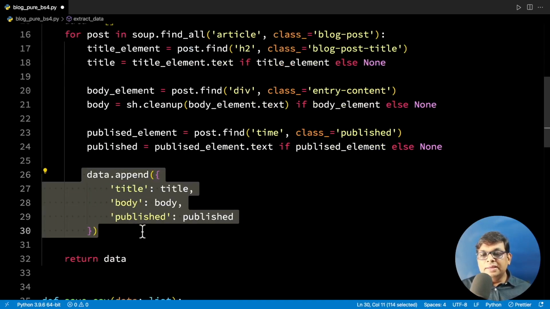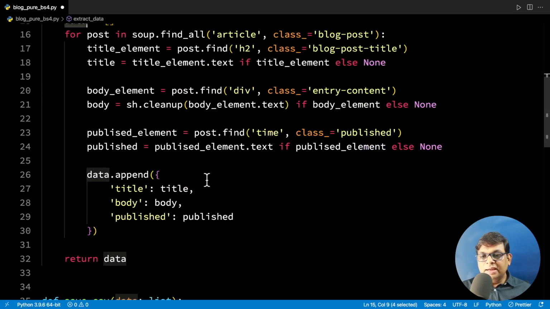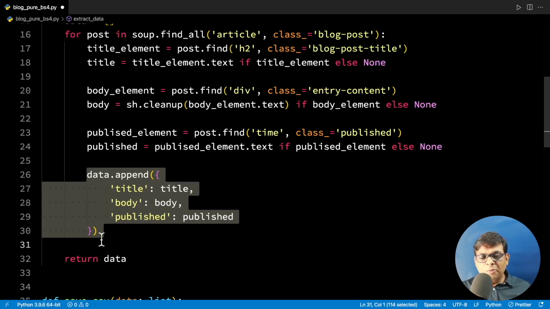And what we are doing is we are creating a list. So this is the list that we are creating. And why this specific format which contains a list of dictionaries? Because this format looks very much like a JSON format. So this is a JSON format. So we can very easily create JSON or CSV using this kind of data format.